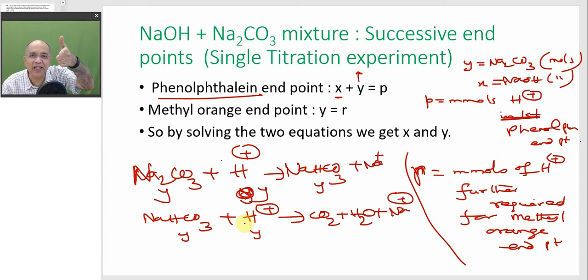That is the key. That is the key, my dear student, viewer. That is the key. Not 2Y. 2Y millimoles are required for the complete neutralization, but Y is the number of moles of sodium carbonate, because that is used in the first step 1:1. So whatever will be required in the first step, Y, supposing it is P for example, or Q, R for example,